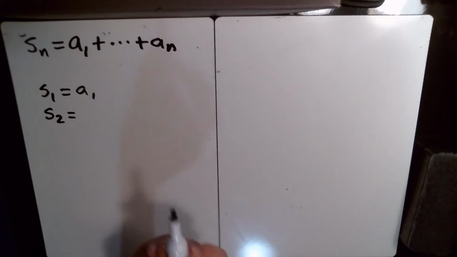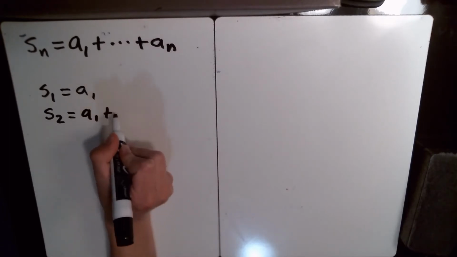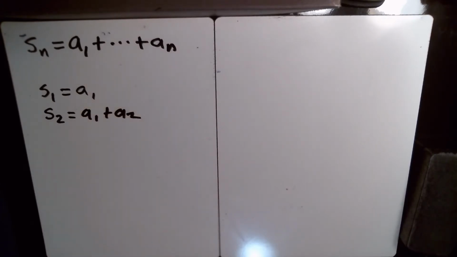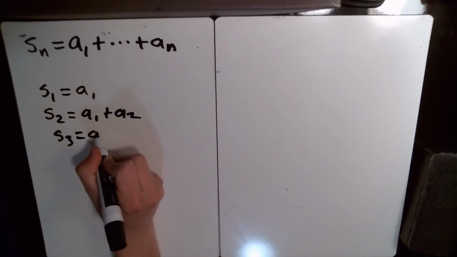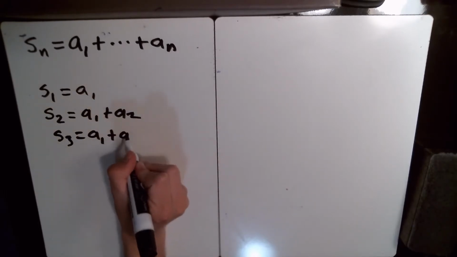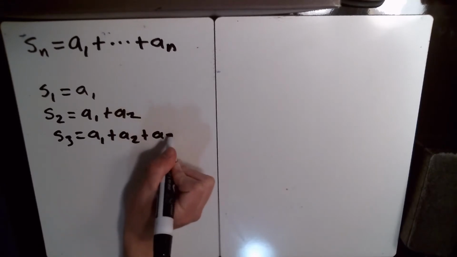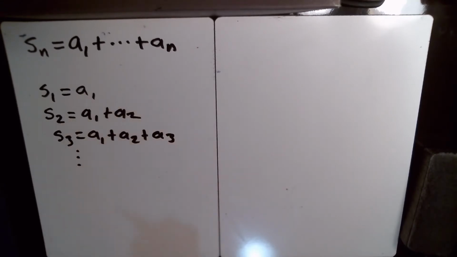Then S2 is you take the sum of the first two elements of the sequence. S3 is you add up the first three terms of the sequence, and so on, right? So the sequence of partial sums of an arithmetic sequence actually has a very predictable pattern, and